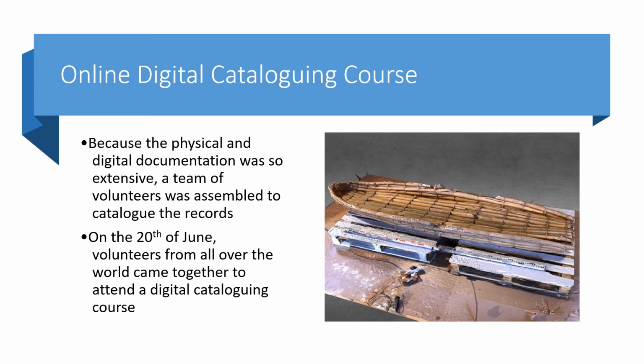Because of the considerable detail, it was going to require many hours and many volunteers to help with the archiving process. What was ostensibly going to impede the recording of the collection actually turned into a positive, as the online nature of the recording meant people from all over the world and from many different academic backgrounds were able to participate. I personally wanted to be a part of the archiving because I'm very interested in archaeology and